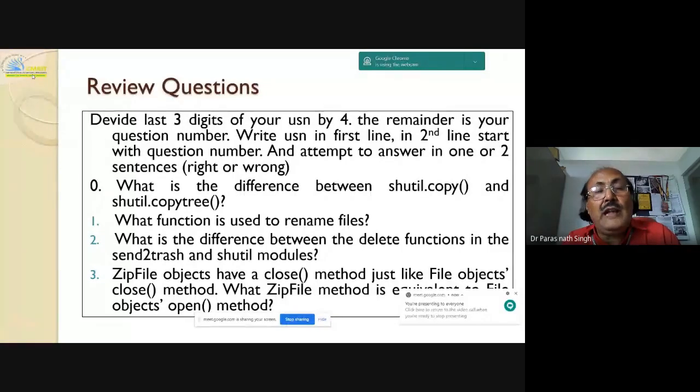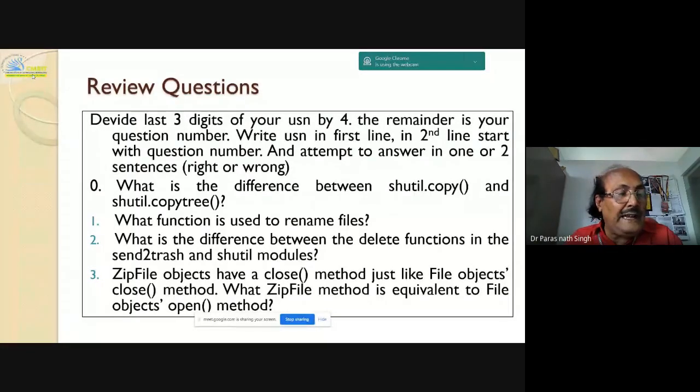So what is your last 3 digits of the USN? Divide by 4 and the remainder is your question number. Just for the smooth distribution of the questions among all. And it is not like that the first question I have kept easy. All the 4 questions are of equal weightage.